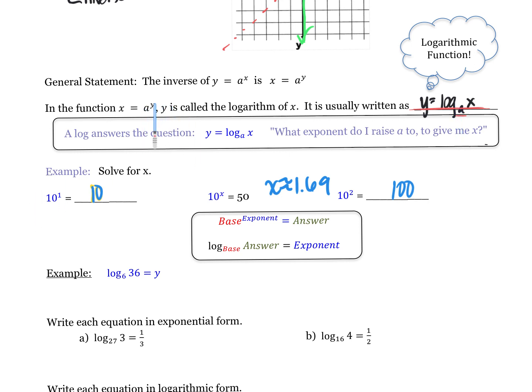My y is over here and my x comes back there. So does anyone have any idea how I could write this into logarithmic form? Then I'm going to show you a shortcut. So we could say log base of, anyone have an idea? 10 of what value? Close. 50 equals,